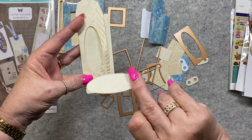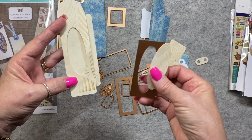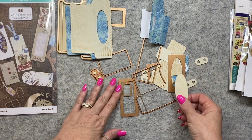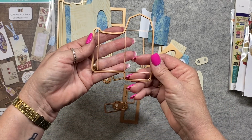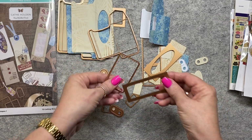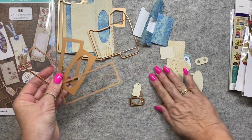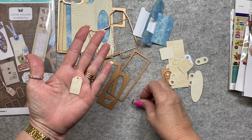And then you can utilize this, the cutout. So you can use this just to cut the oval out if you want to, or you can use it to cut it out of your envelopes. So that's really sweet as well. And then that's the smaller envelope. And these are all the bits that are either the journaling cards, or you can cut out your little windows in the envelopes. And then it also comes with these tiny, gorgeous little